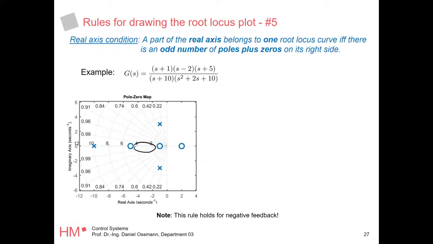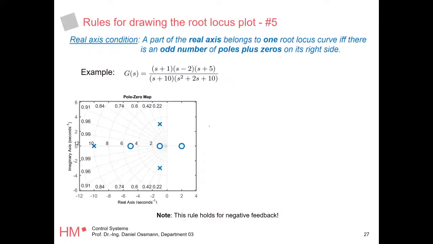Is it this one? Is it this one? Is it this one? Right? You need to know that to be able to draw that nicely. And the rule says a part of the real axis belongs to the root locus curve, or actually to one root locus curve, if and only if there is an odd number, eine ungerade Zahl, of poles plus zeros